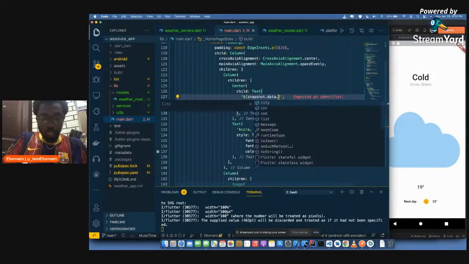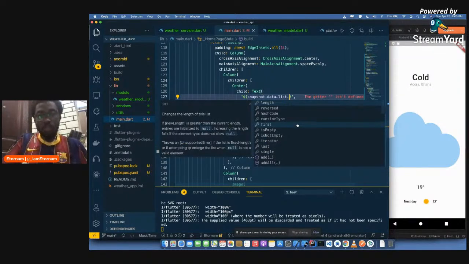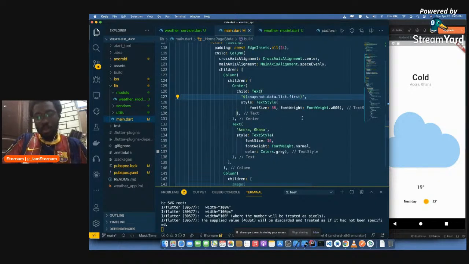So dot list, and since we are just displaying 2, this is going to be the first one, then the second one. I'm going to say list dot. You can use dot first, as you can see here, or